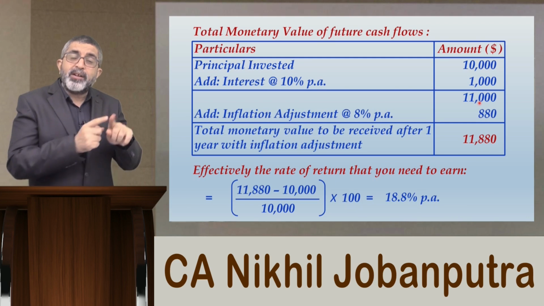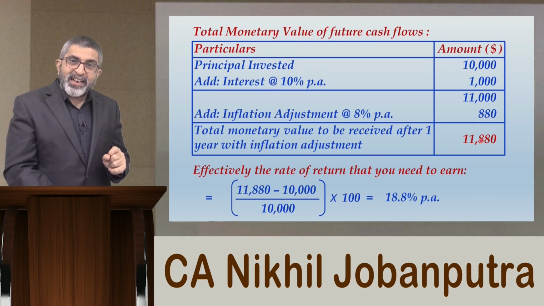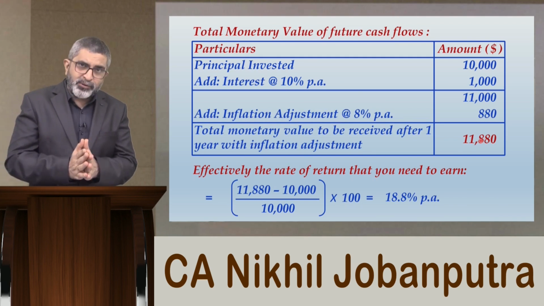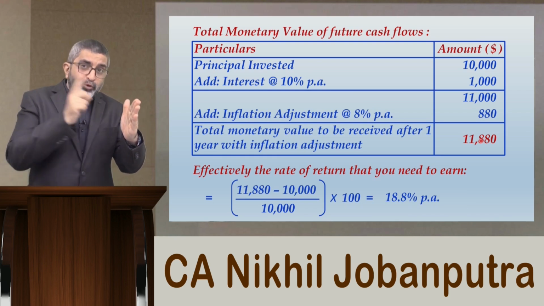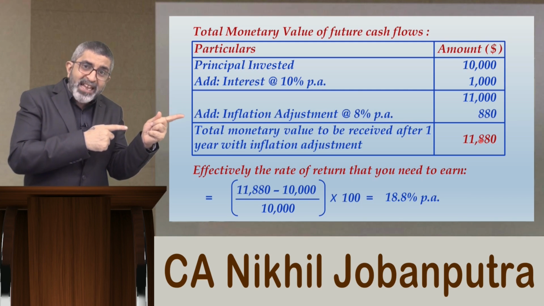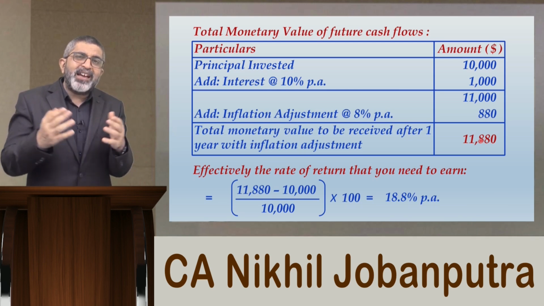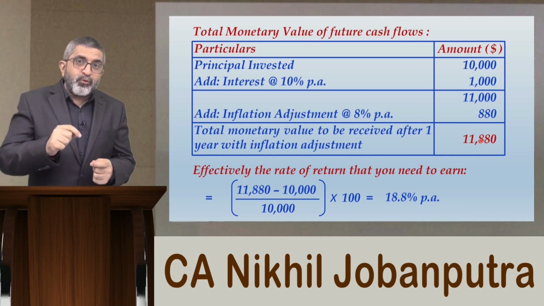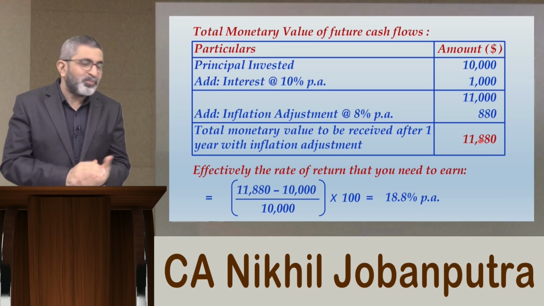But look at this 11,000. This is a future cash flow without inflation adjustment. This will be called real cash flow. This 11,880 is also a future cash flow, along with inflation adjustment. So this will be called money cash flow or nominal cash flow. Now how do we distinguish these two future cash flows? One is real cash flow, one is nominal cash flow. Real cash flow is the future cash flow based on prices prevailing now, and nominal cash flow is the future cash flow based on the prices prevailing then. That means one is based on the current price level and one is based on the future price level. The one which is based on the future price level is the inflation adjusted cash flow or nominal cash flow, which in our example is $11,880, and the one which is without any inflation adjustment, that is the real cash flow arising in future, will be the amount of